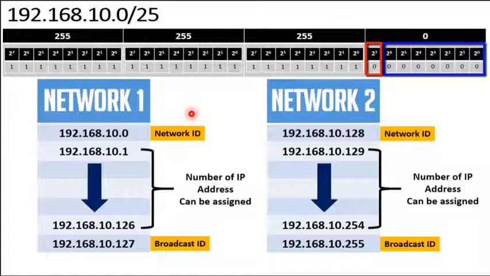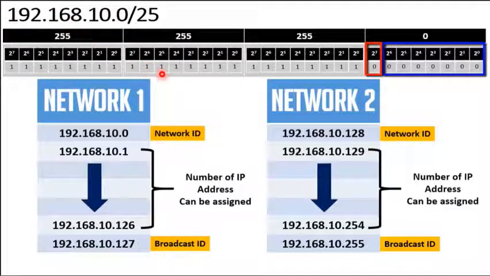128. Within those 128 addresses, the first address will be allocated for the network ID and the last address will be allocated for the broadcast ID. The ID starts from 192.168.10, because the default subnet mask is 255.255.255. So 192 along with 255. How do we get 192? Here we have to apply the AND gate operation. What is the concept of an AND gate? If both inputs are 1, the output must be 1. That's why 192 masked with all ones gives the same number.